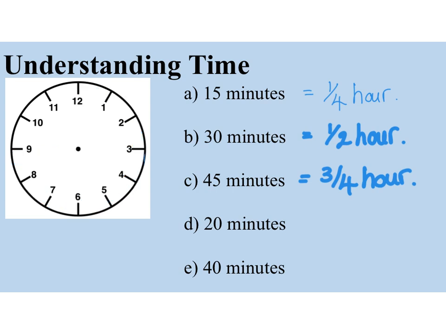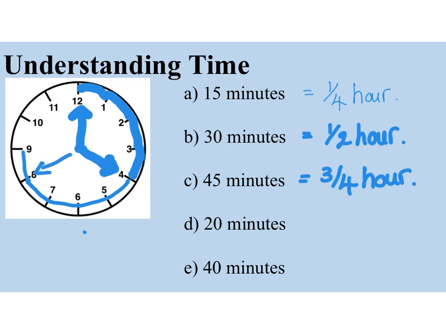Okay, the next one's 20 minutes. So again, starting from here. Okay. 5, 10, 15, 20. So the hand would move round to there. This one's a little bit trickier. You might not actually be able to see what fraction this one would be. So let's just carry on counting round in 20s. 5, 10, 15, 20. Maybe you can see it now. 5, 10, 15, 20. If you look at the hands that I've drawn, it has created